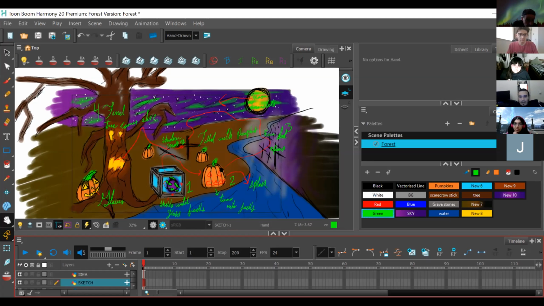The initial state of the tree is gonna be like a regular, died out, creepy tree. When the orb hits it, it's gonna glow up like the jack-o'-lantern on the roots. Okay, kinda. And there's not much movement, just flashiness. All right, so I want to